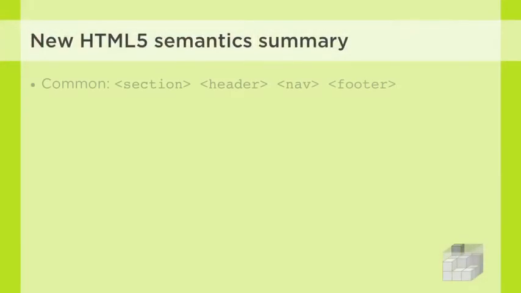So in summary, we've learned a lot of new semantic elements here. To keep them in mind, the common ones that you'll probably find yourself using are section, header, nav, footer. Almost every page you design for the web will likely include these elements. Sometimes you might even have nested sections with their own little headers and footers. It's exactly why these elements were introduced, so that that additional document structure could be represented nice and cleanly and